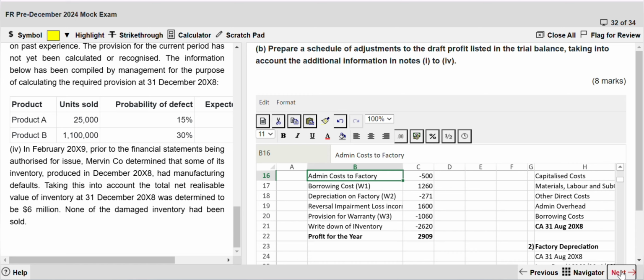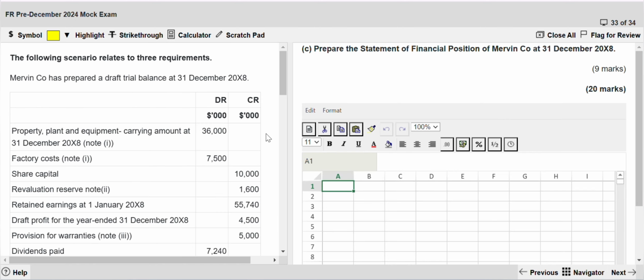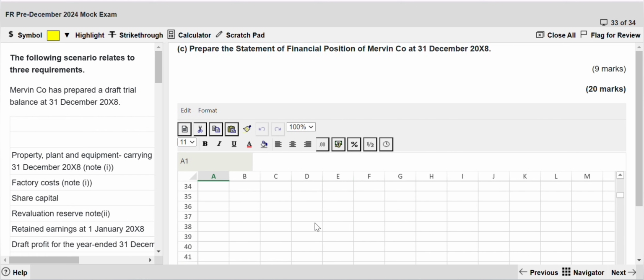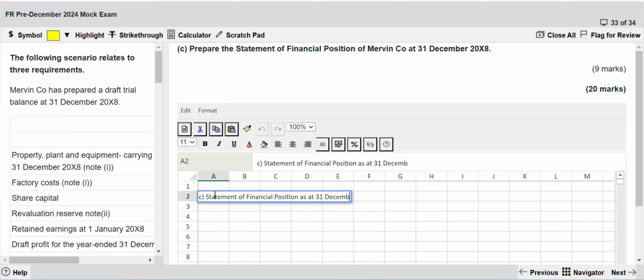Okay. Shall we move? So A. Prepare the statement of financial position as at 31st December 20X8. This is a requirement. So we can do C, which is the statement of financial position as at 31st December 20X8